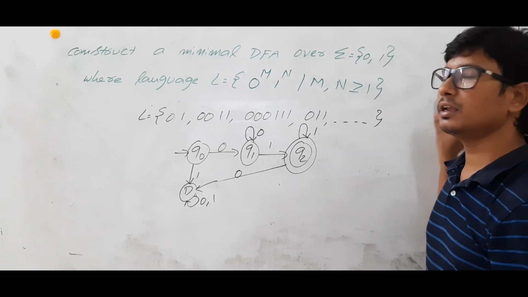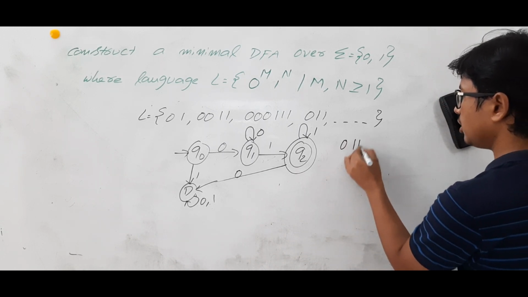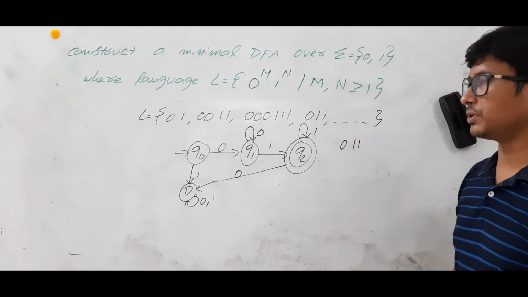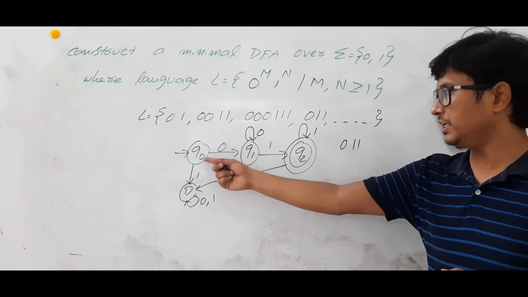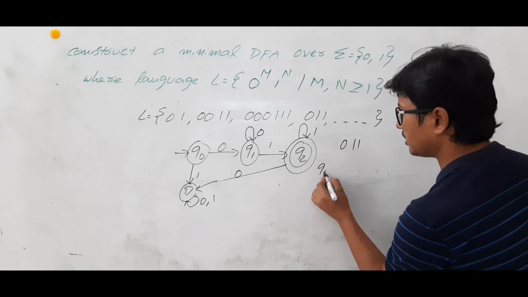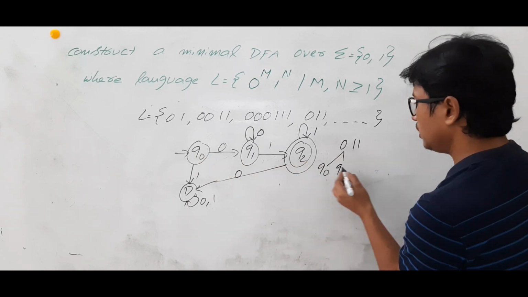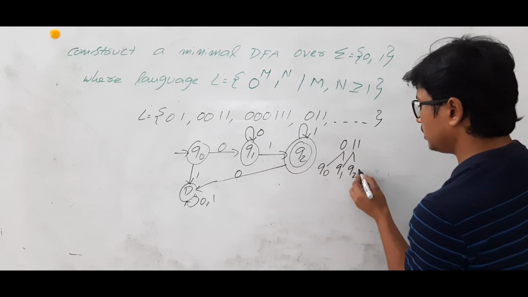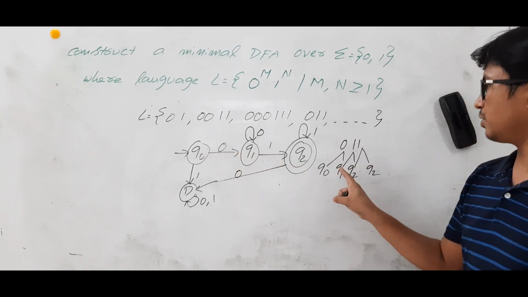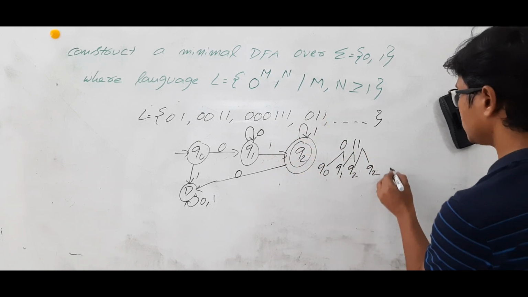Now we will check whether our DFA, whatever we have constructed, is right or wrong. We will take a small string which belongs to language L. If a string belongs to language L, my DFA should accept it. When I say that my DFA accepts, from the initial state, after traversing the string, you should go to a final state. Let's check whether it is going to a final state or not. What is the initial state? Q0. Q0 on 0, you are going to Q1. Q1 on 1, you are going to Q2. Q2 on 1, you are going to Q2. Is it clear? Q2 is the final state.